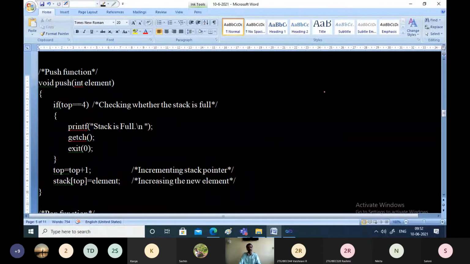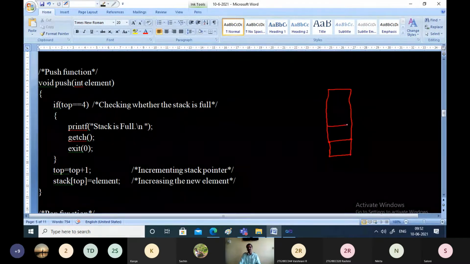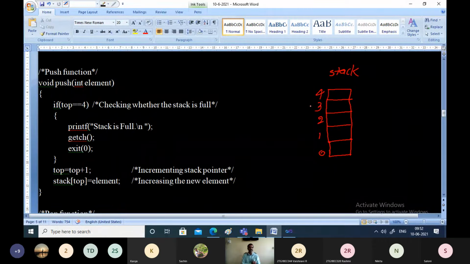So what we have in our hand is a stack which we already have. This is a stack whose size is 5, which can hold 5 elements, and the name of this array is stack. These are the index values 0, 1, 2, 3 and 4.